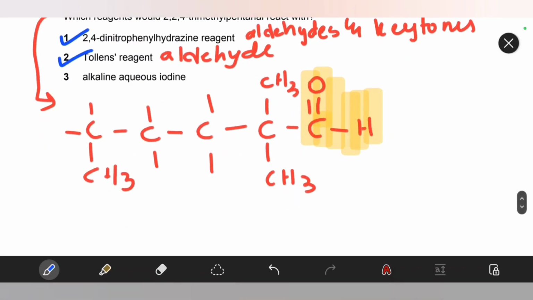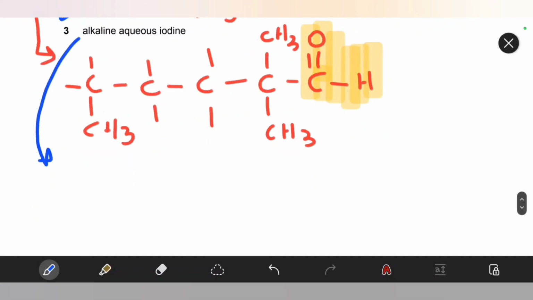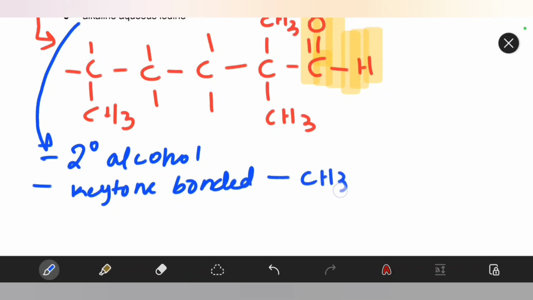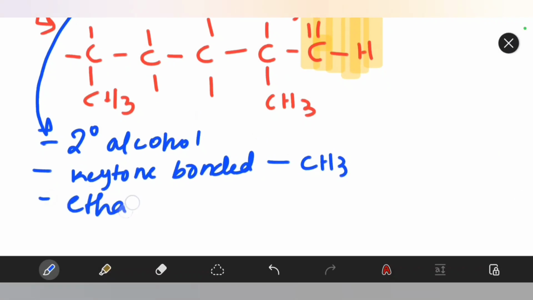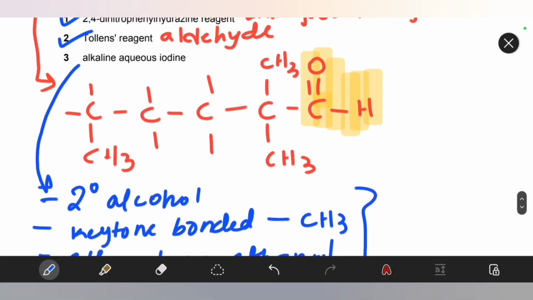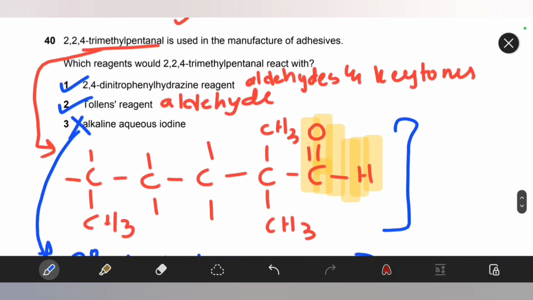Alkaline aqueous iodine only gives a precipitate with either a primary alcohol, sorry, not primary, a secondary alcohol, or a ketone bonded to a methyl group, or ethanol. Alkaline aqueous iodine gives a positive test with these 3. Since none of these are present in this, 3 is not going to be considered, and the answer would be